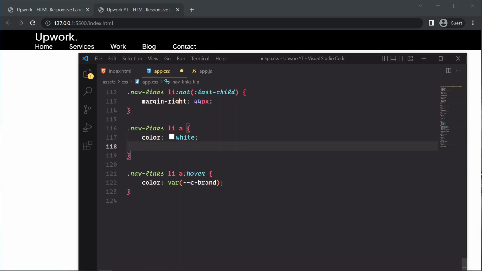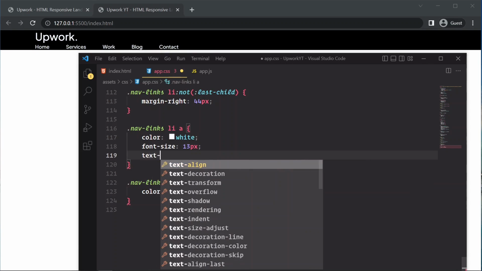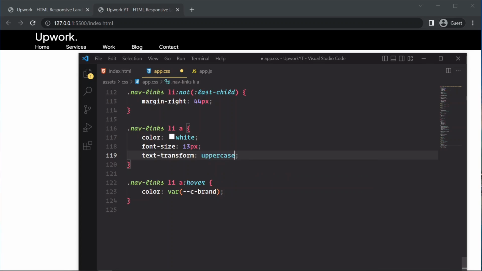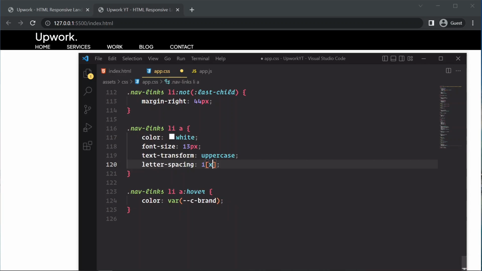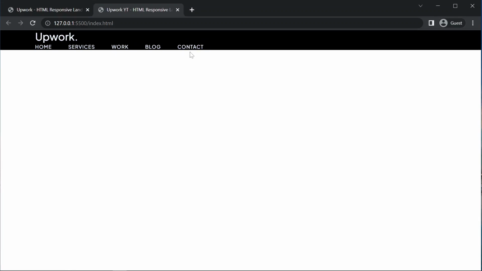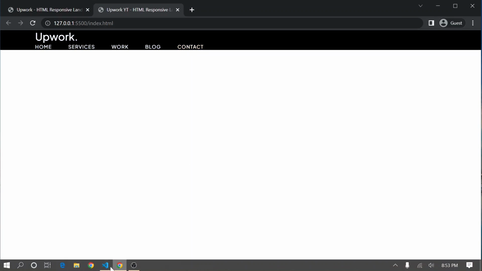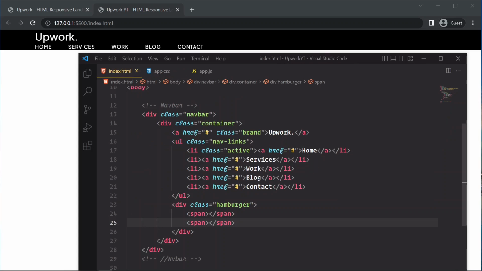Okay, and I'm going to set the font size to 13 pixel. Set the text transform to uppercase. Okay, and I'm going to give a letter spacing 1 pixel. All right, and for when this list item has a class active,